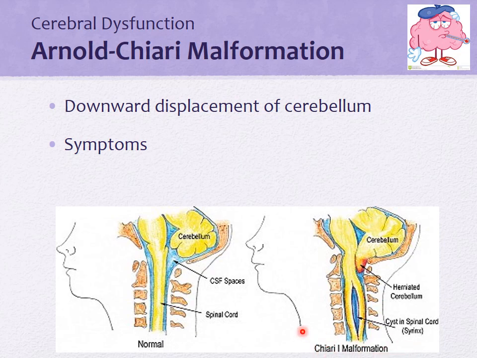And we'll talk about interventions in a second, but surgical intervention may be required to relieve the pressure on the brain and spinal cord. That's going to be a more serious Chiari malformation. However, a lot of them are left and just monitored, and if the Chiari malformation is growing and causing more of a problem, then they'll do a surgical intervention. But since it's such a sensitive place, they really don't want to go in there and do surgery unless they absolutely have to.